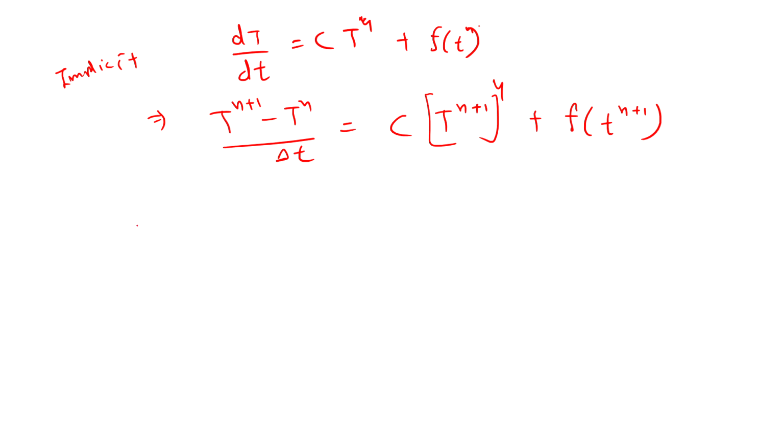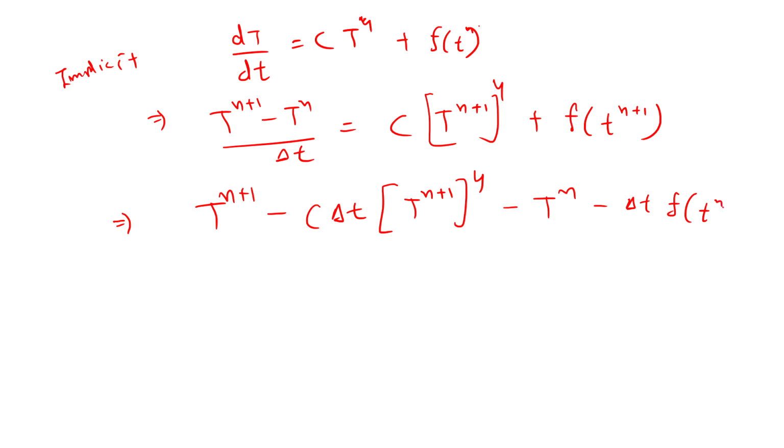So we have T^(n+1) minus c delta t (T^(n+1)) to the power 4